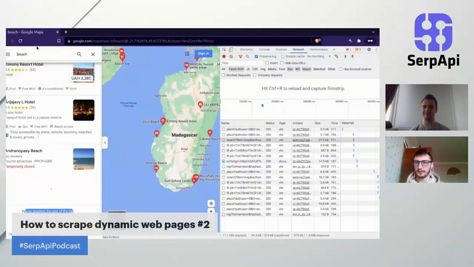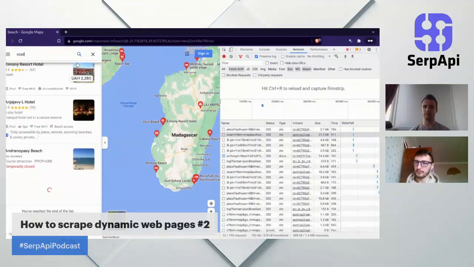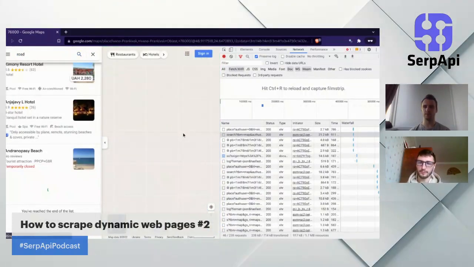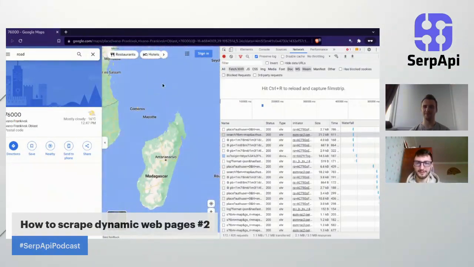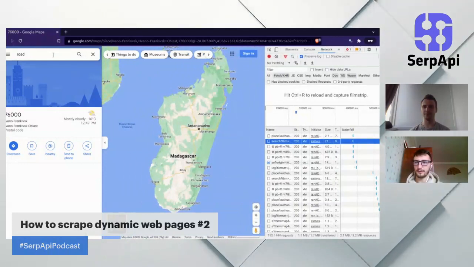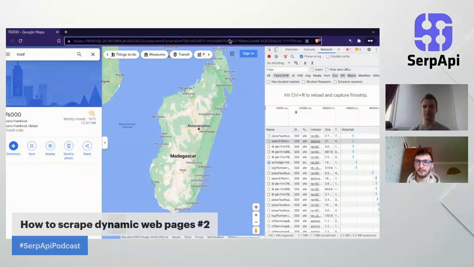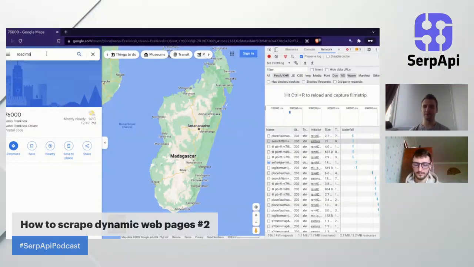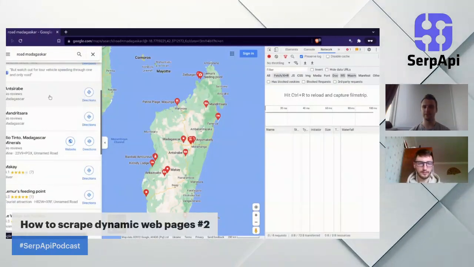Okay. Let's search for not beach, but road. Maybe let's search for road. Not here, but in Madagascar. And no roads in Madagascar. That's perfect. Maybe we should clarify it in the query, like roads Madagascar. Yes, thanks. And so I scroll down